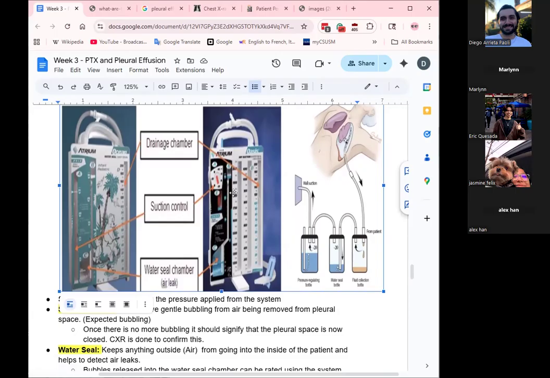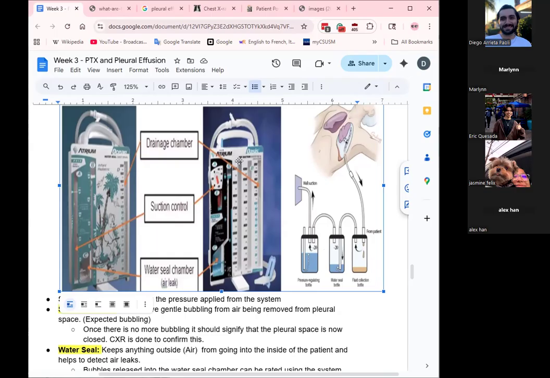Essentially, what's happening here is you have a site that collects fluid, you have a water seal that's able to detect if there is a leak of air, and then you have this little pressure thing that's applying the pressure to make the draining happen. So the same thing applies here. You have this draining chamber, so it's going to go down,